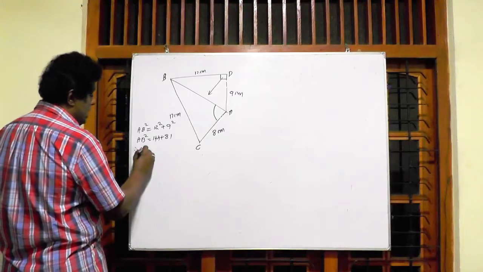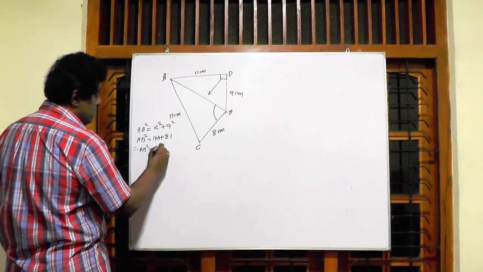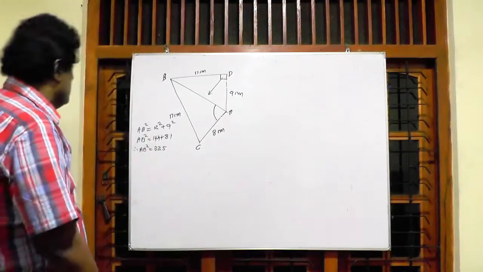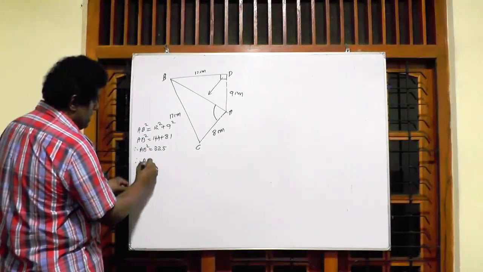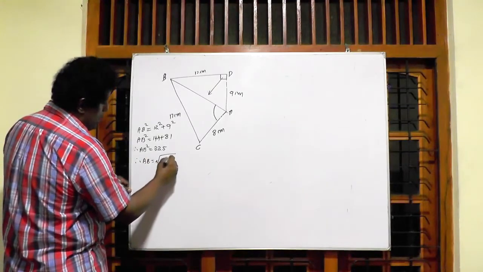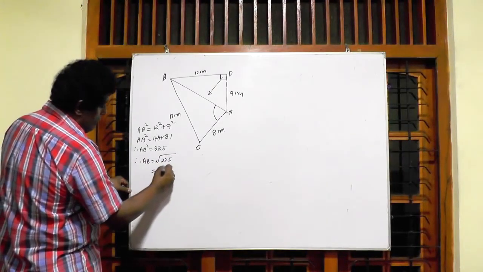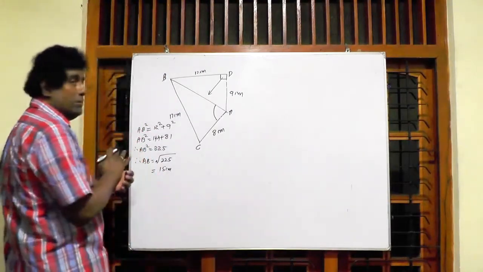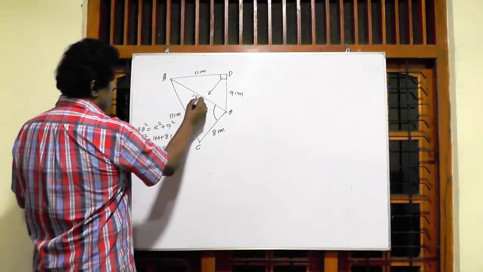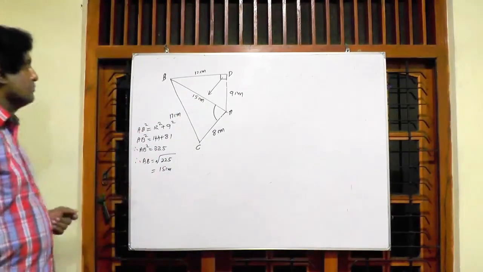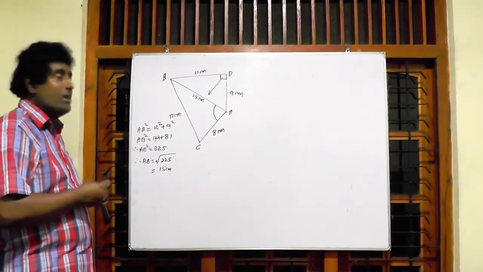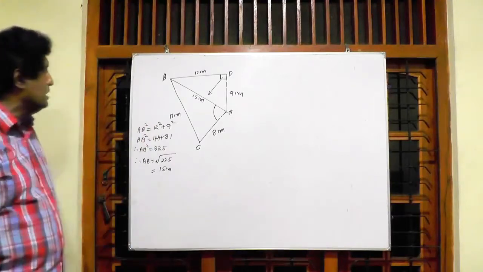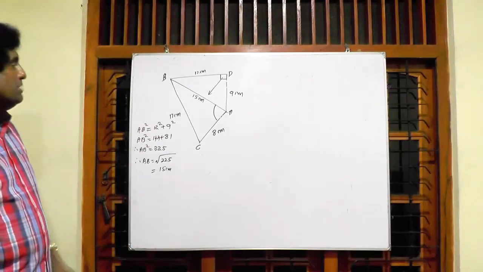Therefore AB squared equals 225. Are there any real square roots of 225? Definitely. Therefore AB equals the square root of 225, that is equal to 15 centimeter. Then the length of the line AB is 15 centimeter. I can mark that value on the side AB. Then ABC is a triangle in which AB is 15 centimeter, AC is 8 centimeter and BC is 17 centimeter.